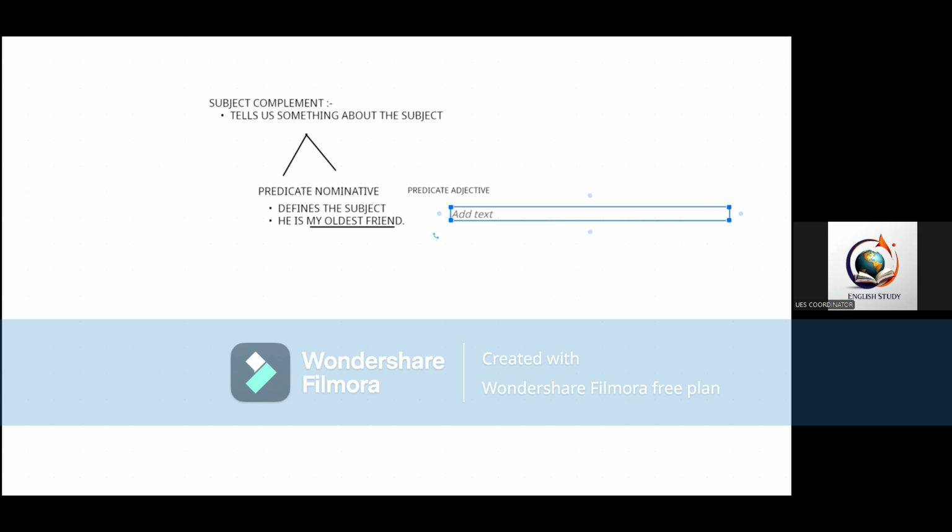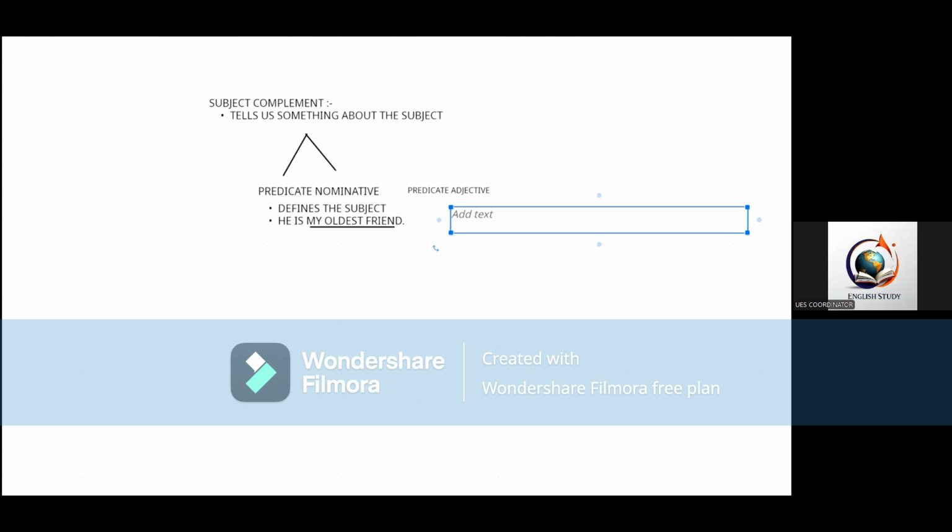So let us see. There is an example of predicate adjective, not adjective complement. Subject complement, subjective complement. There is an example of predicate adjective, and that is